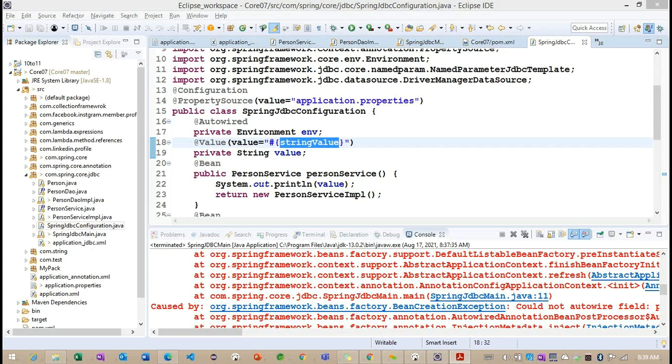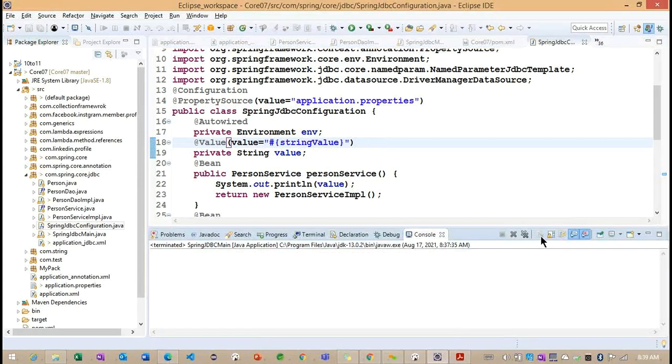To use this application.property, do we need to use the @PropertySource annotation only, or can some other annotation also be used? At this time, we need to use only this annotation.